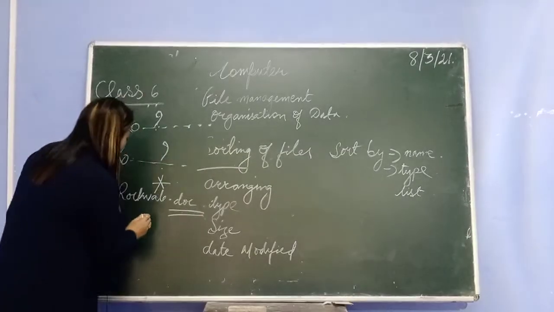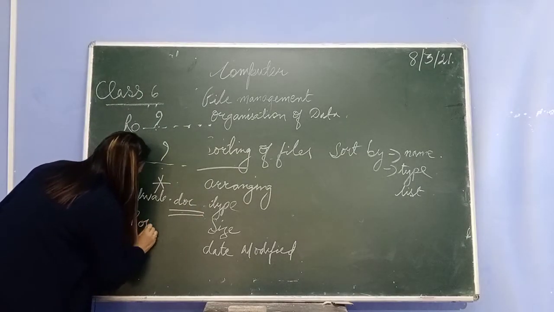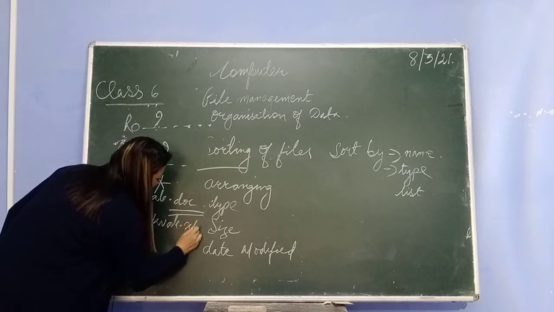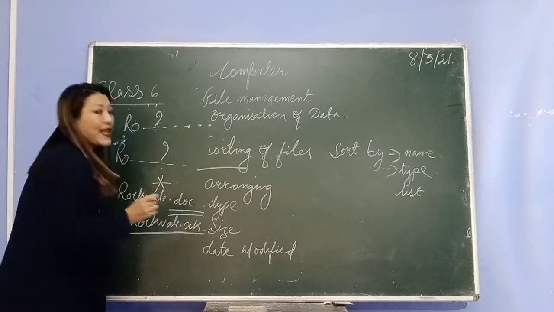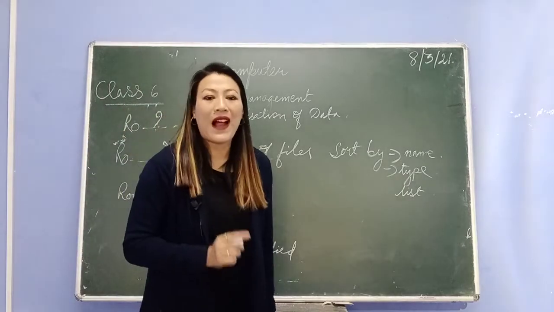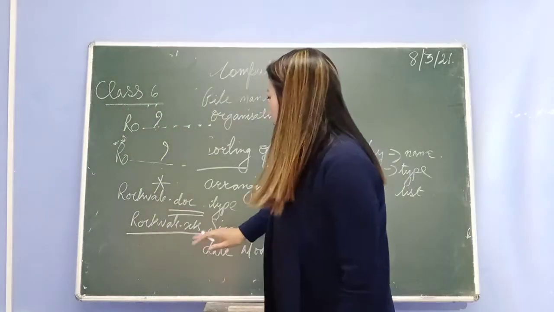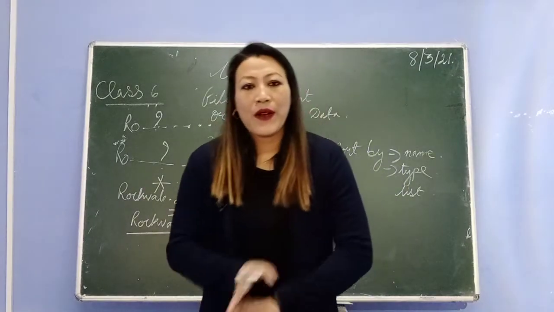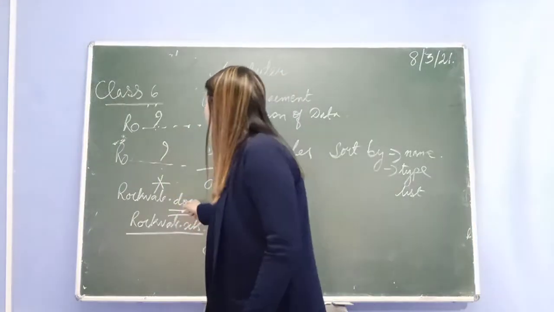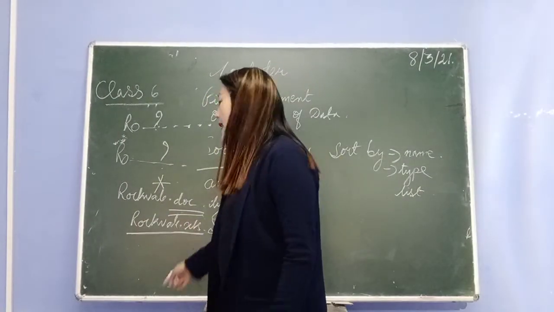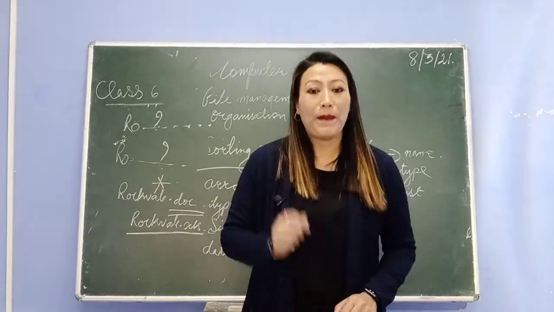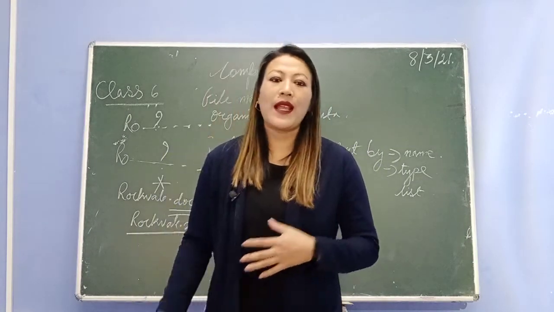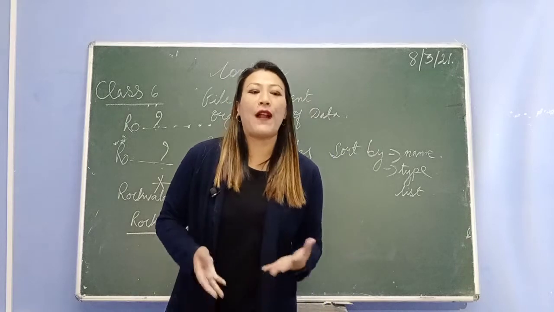Now suppose you have created a file in Excel, then your Excel file will be saved as rockville.xls. This xls means this is the file format for your Excel file. So here I am talking about the different file formats, children. Microsoft Word, its format is DOC. Excel, it is XLS. If it's PowerPoint, then it will be PPT. If it's an image file, then it will be JPEG. If it's music, then it's MP3. These are the different file formats.